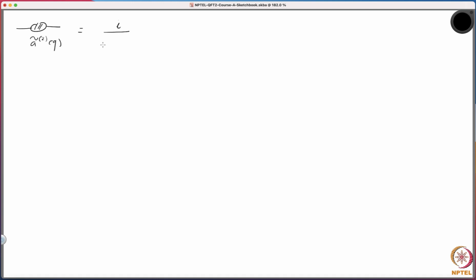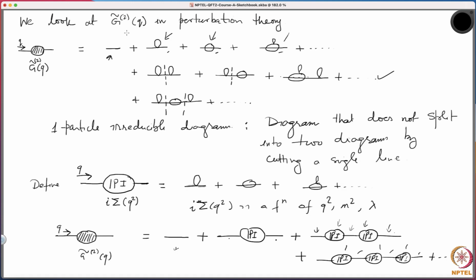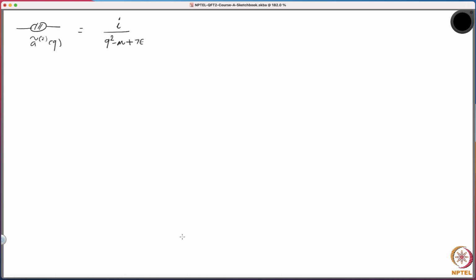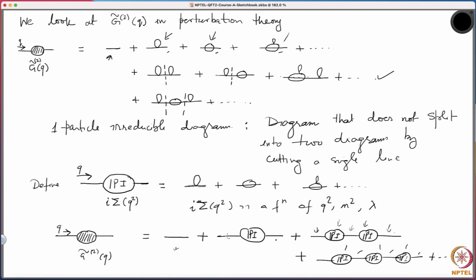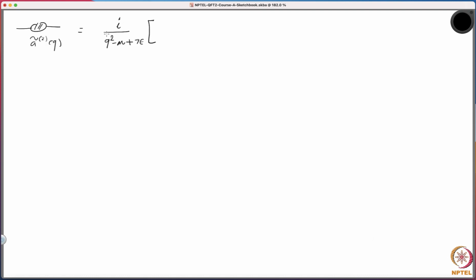Each of them gives, not MP. Did I write MP before? No. Okay, this is not the physical mass. This is the parameter in your theory. Remember, that's this propagator I am writing. Okay. So here, each of them has one propagator which is on the left. That is what I am taking out. Okay, I am factoring out. And then you have 1 plus I sigma q square times a propagator which is on the right